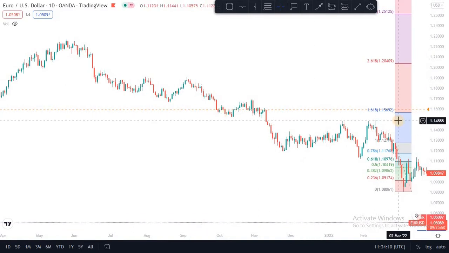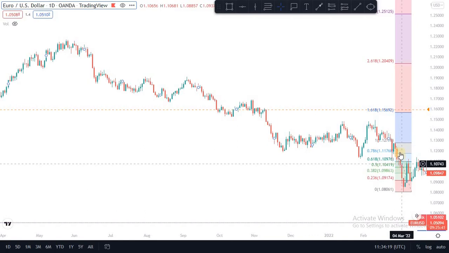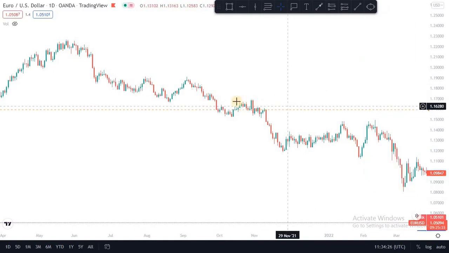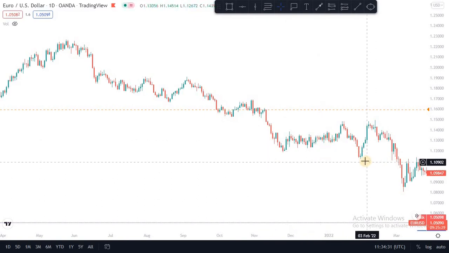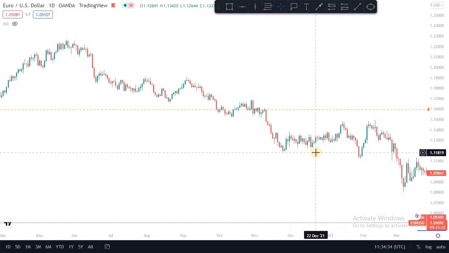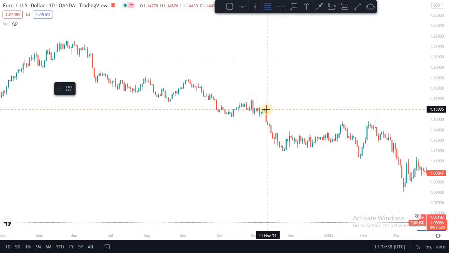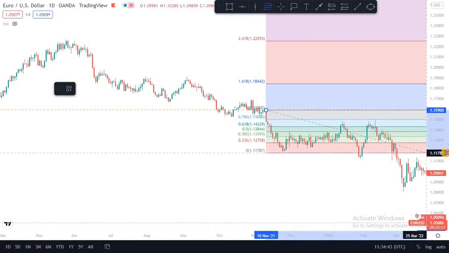let me remove this so that I'll be able to show you. So whenever you're analyzing, let's say the market is moving in a downtrend, you can use the same tool as well to identify the market. If you identify the market, let's say for instance in this case you see that the market is heading down, the market is in a downtrend. What do you do? You come here, you pick this tool, let's say it starts from here, this move, then come down to